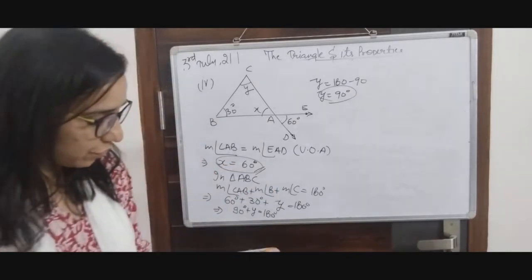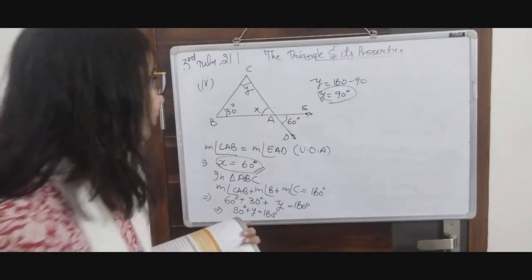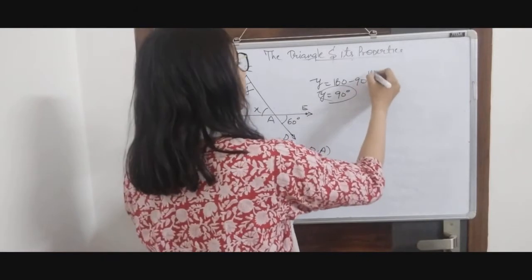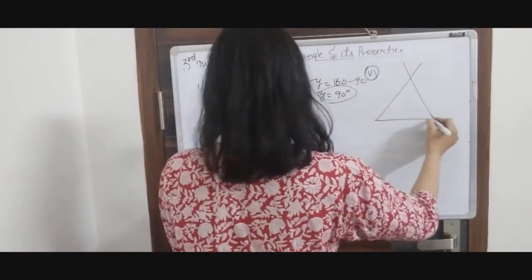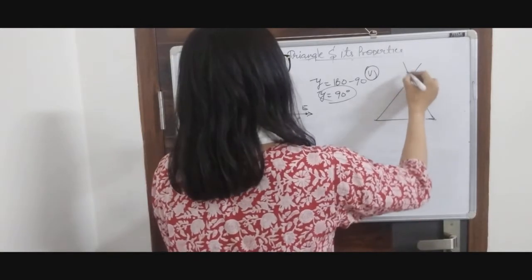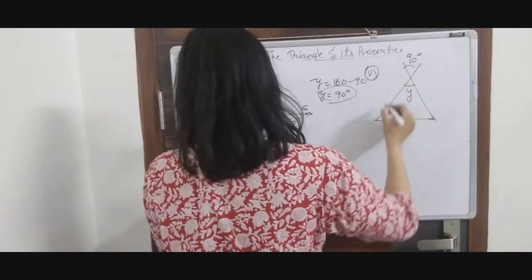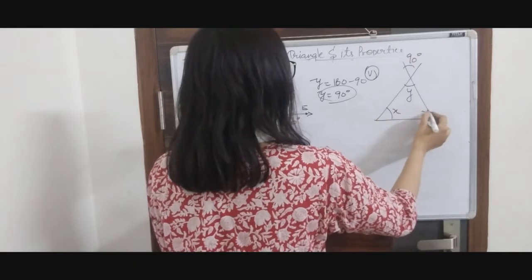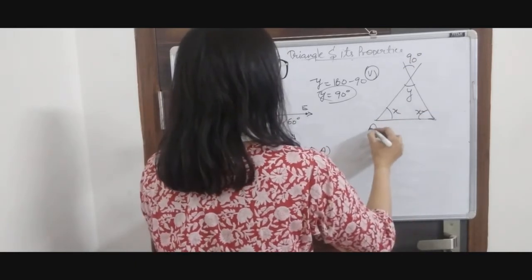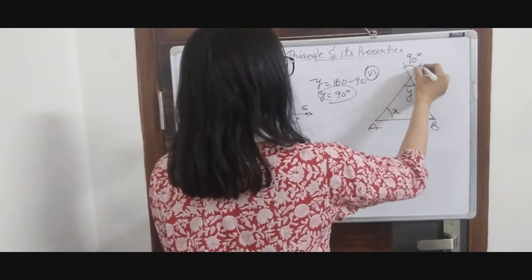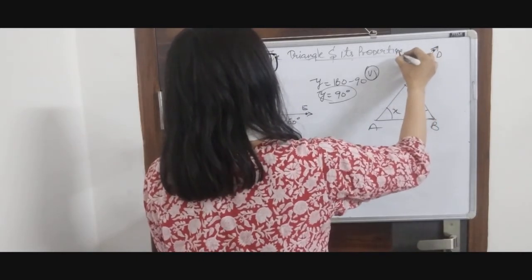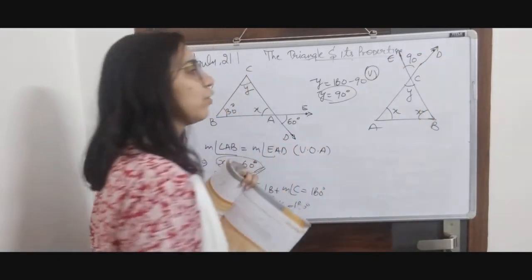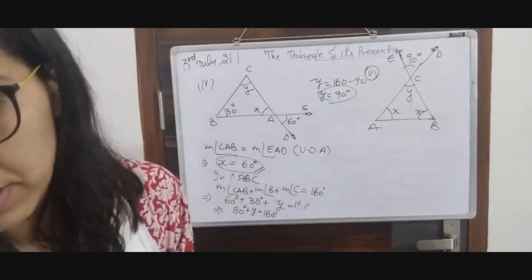Now part number 5. Part number 5 is this one. This is y, this is 90, this is x, and this is x. We are going to name it A, B, C, D, and this is E. Okay, now angle y and